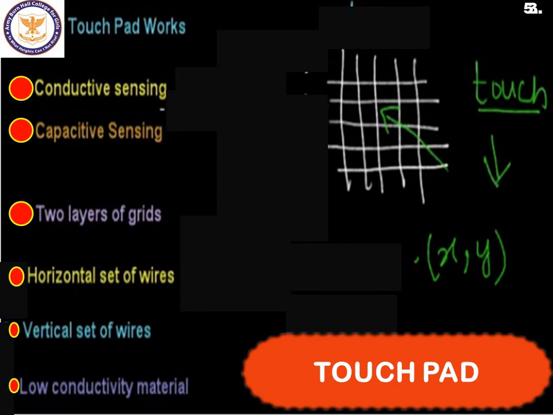When the touchpad is pressed at a point, the material gets thinner between the wires, allowing the flow of electricity. The wires at that x and y junction allow the flow of electricity at that moment. Then the coordinates of the point of contact are determined.